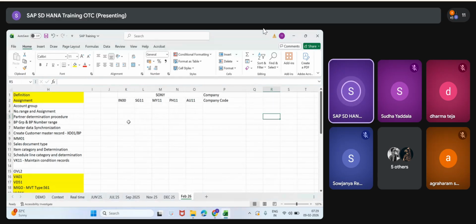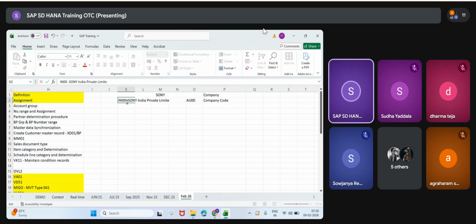Legal, how it will be: IN00, SG00, MY00, PH00, AU00. This is the legal name. How it will be? Sony India Private Limited. Like this, see? Like this. Sony India Private Limited.